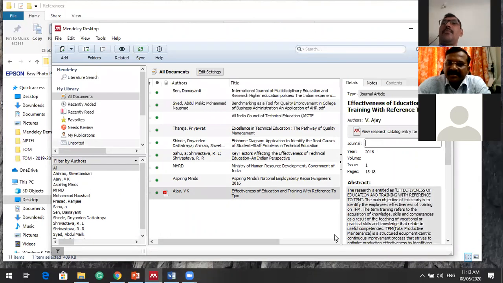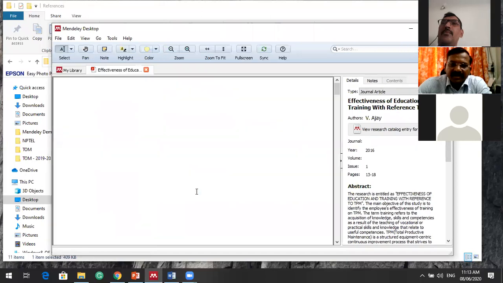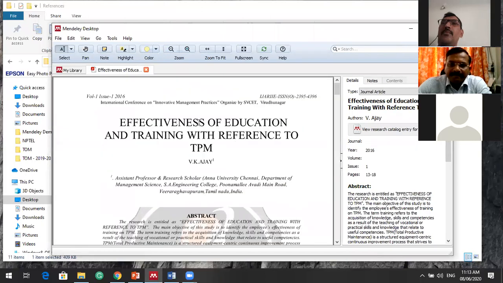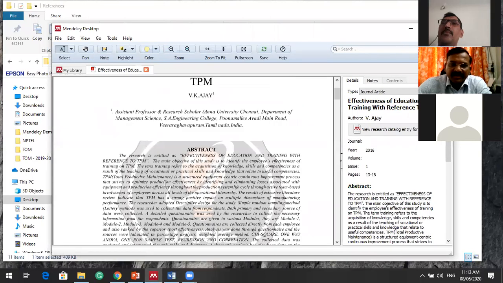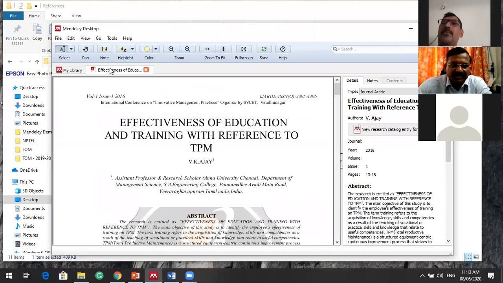Here you can see that the journal name is not there, so you will have to enter it manually. Sometimes it shows some short form, sometimes it skips it. So if I double click the paper, you can see that the paper is there in the additional window of the Mendeley, and then you can just copy the journal name